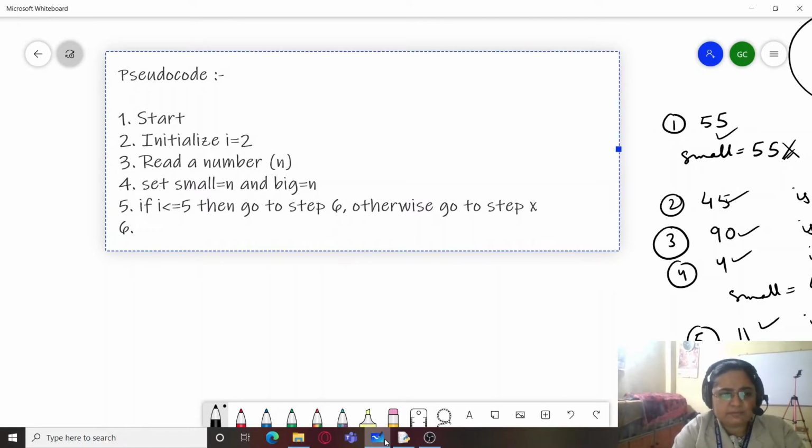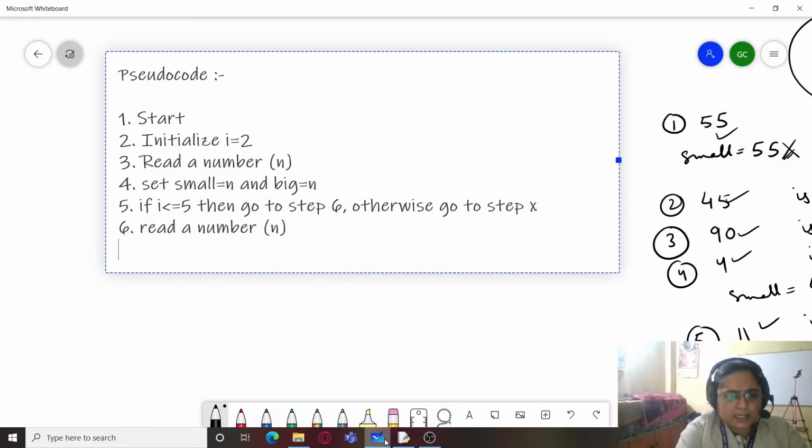Now next, if this is done, we will first ask for a value from the user, that is, read a number n. We can use the same variable n over here. Then in the seventh step we will write: if n is less than small, then set small equals n.